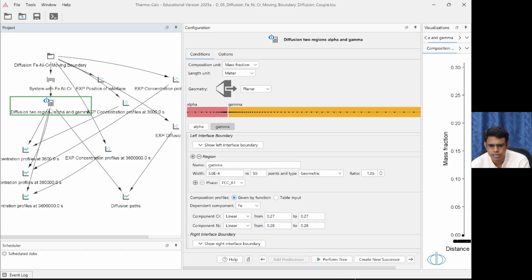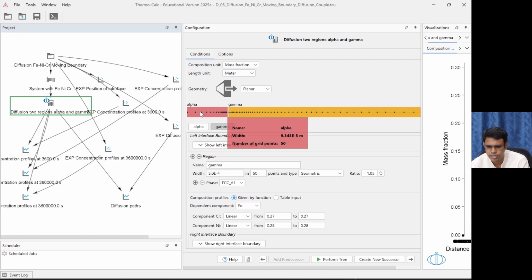Then in the diffusion simulator, the setup that we do, where we enter data in mass fraction here, and the unit is used in meters, and the width of the region is given here, that is 5 into 10 power minus 4 meter, which is 0.5 millimeter. Okay, and that is the gamma region. Okay, the gamma region is here, you can see, that is gamma.